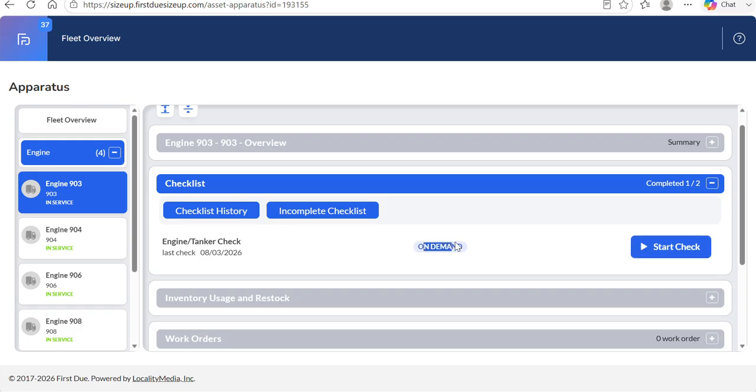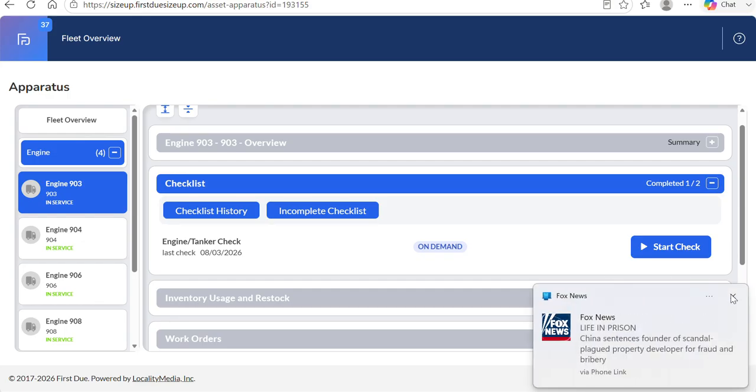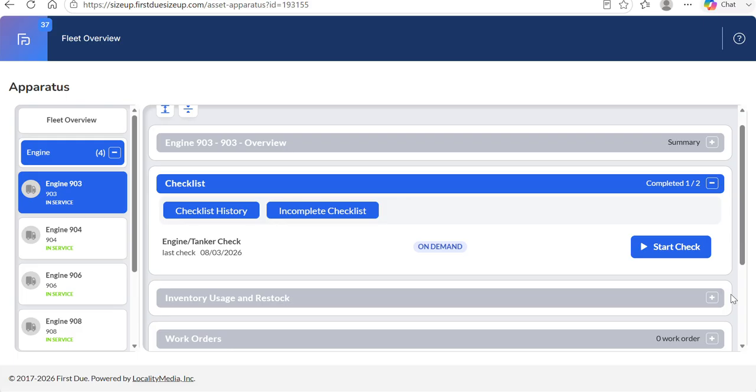Now you see here we have on demand. What that means is you can check off the truck as many times as you want to. It's not set to a specific day of the week. If it was, if somebody was working on getting checked off on a truck, then they would be,